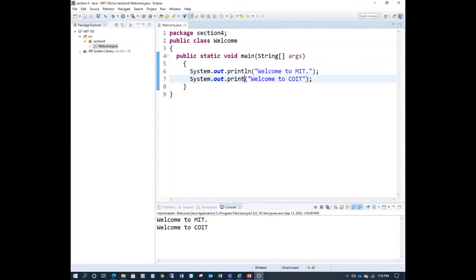So you can always use println for both, no problem, because you may have another line next time, right? So you try this one. It will give the same output, right? Save it, and it gives the same output. So this is the difference between print and println. You must know this, you have to check it, okay?